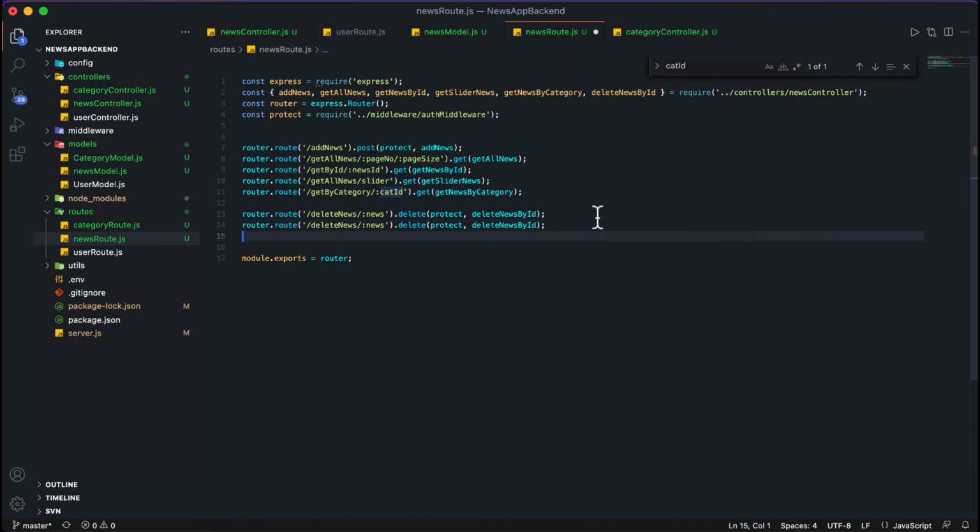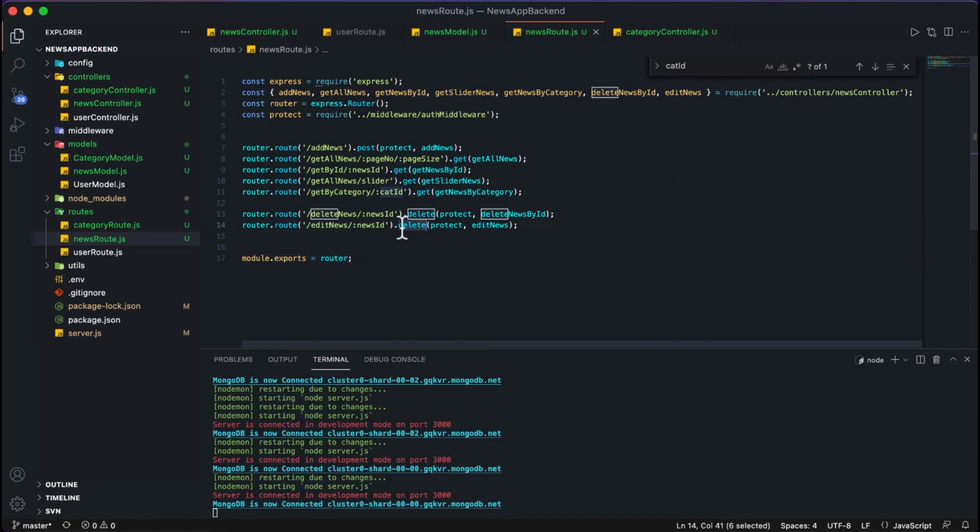Then we'll copy the same thing here, and this will be for edit news. Fine, this needs to change to ID, this needs to change to ID, and here we will import edit news. Sorry, it is already imported.